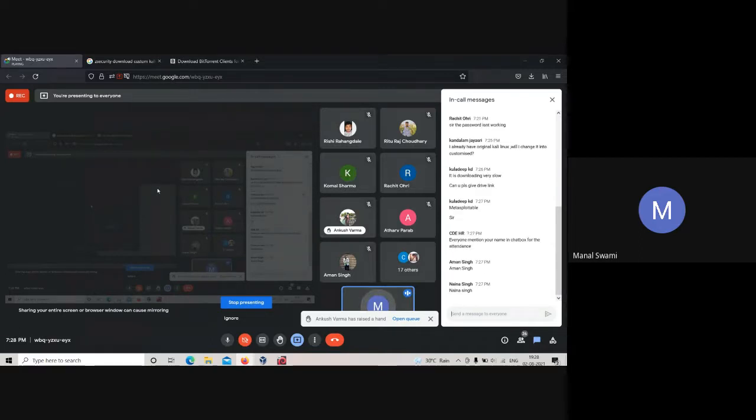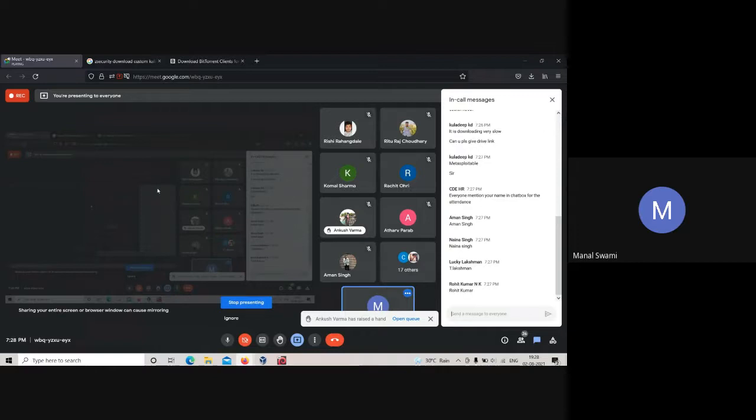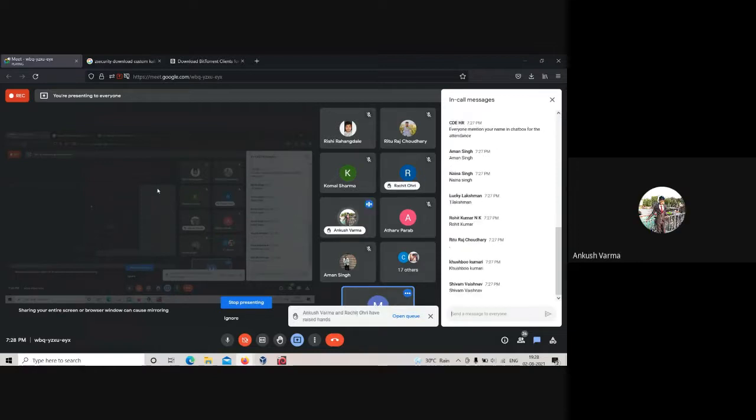Ankush sir, you can open your mic. The Kali Linux default username is root and the password is the opposite word of root. This is the login credential of the Kali Linux which I have suggested to you, the Z Security one. But if you download the original Kali Linux, the username and password are both root. Okay, sir.